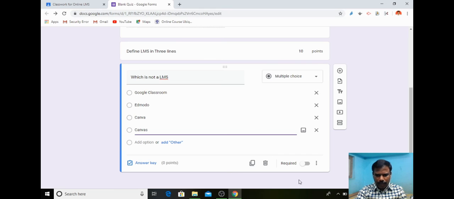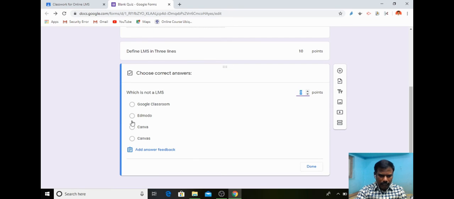So from that, whether it is a required field means I can select one, and here what is the answer means we have to give the answer key, and here the answer is called Canva. So after selecting the correct answer, I am awarding the marks here, 10 marks. So for this question, if the student answers this option, he or she will get 10 marks. So next I can add the third one.